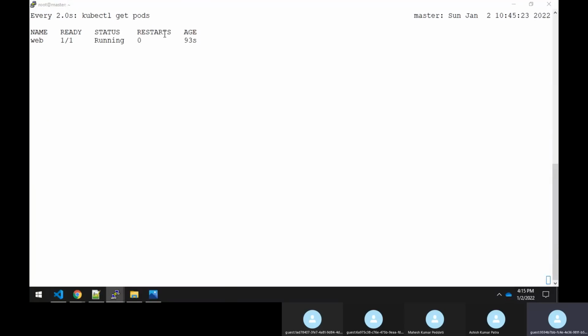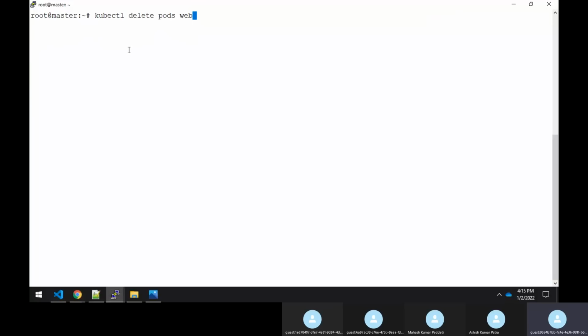Now assume that this pod is not having any control at all. It will get deleted, right? Then you will say that some important diagnostic was running inside my pod and that got deleted. So that is not the right way to check whether the pod has any controller.